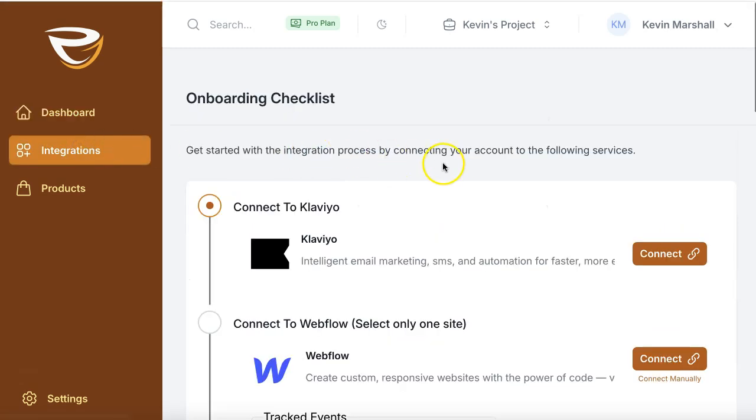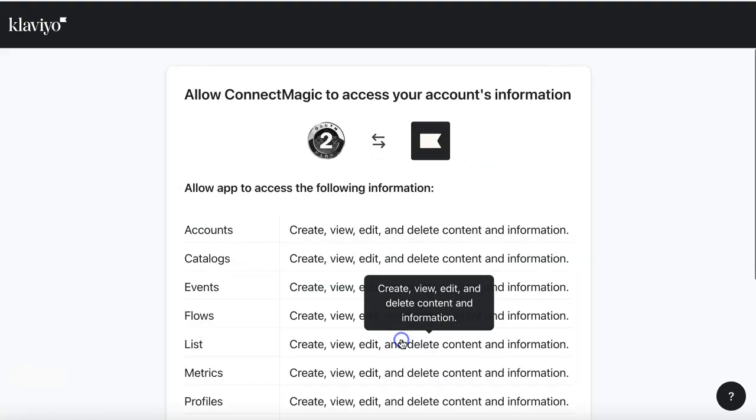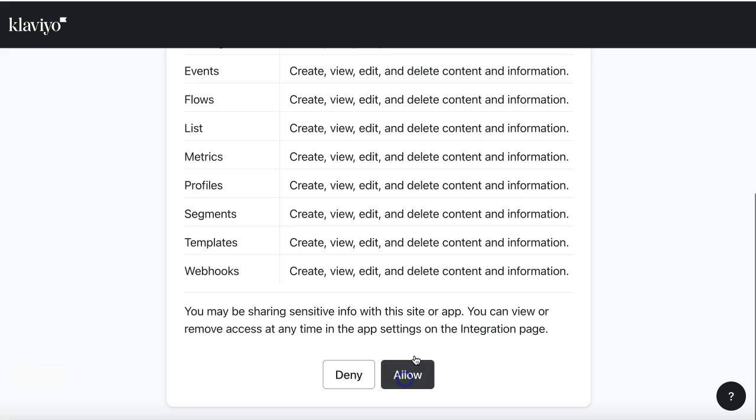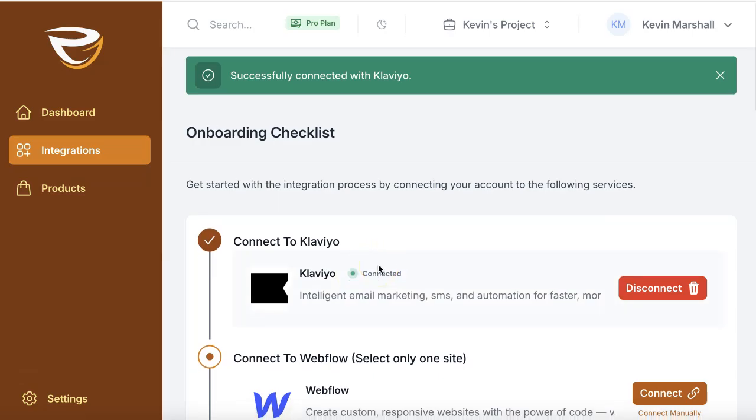Let's connect everything up though. Here on our integrations page, we can connect to our Klaviyo account. First, we'll do that. And you can just click ahead, even if it gives you that warning. Now what's nice about this is